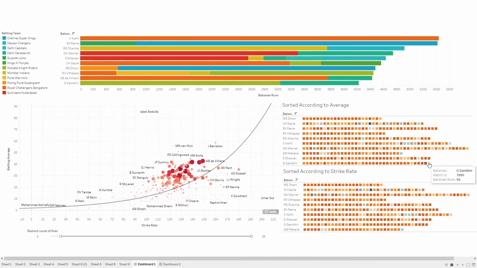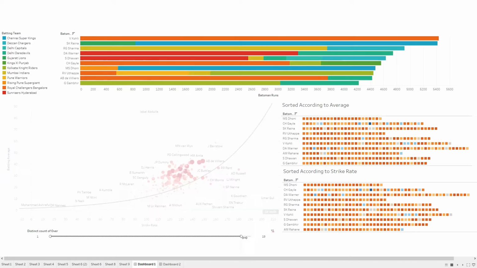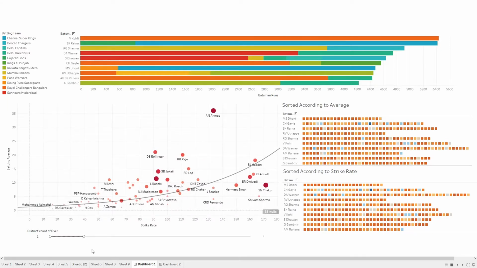Now we know the T20 league can be divided into middle overs, power play overs, and obviously the dead overs. So you can check which players did well in those overs. In the first 4 overs, you can see the strike rate is all over the place.